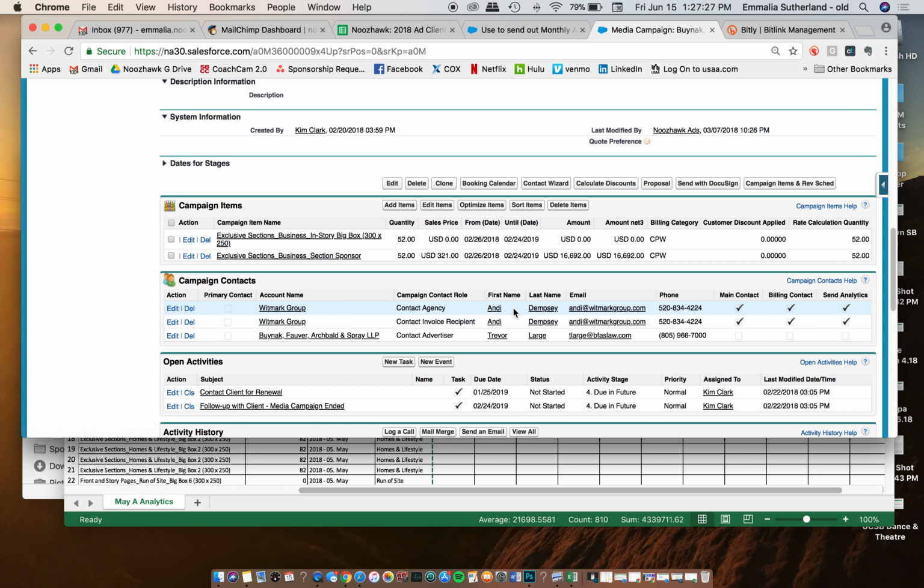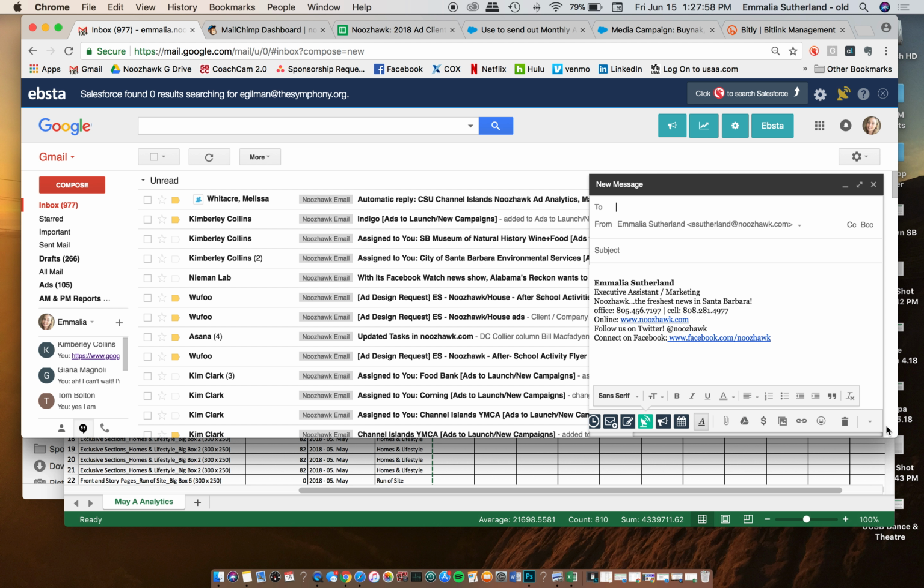Okay, now I'm going to go to Gmail. I'm going to start composing the email I'm going to send. So hit compose. You should have already set up a canned response for your monthly analytics. I have mine set up for the month of May, so I'm just going to go ahead and insert that template here. Now I put it under June monthly, which is the month I'm sending it, even though it's for the month of May. So I'm just going to quickly edit the top and do